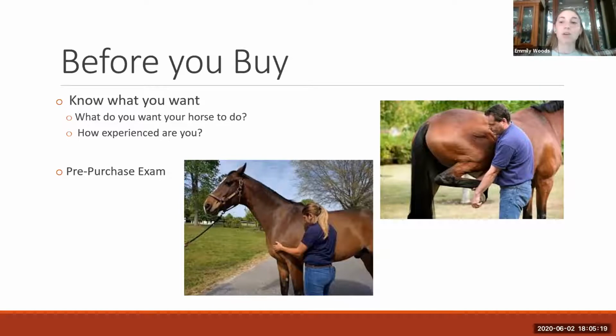Depending on what you're looking for, across the board, a pre-purchase exam is always a pretty good idea. What that's going to be is your vet's going to come out and you're just going to have them look all over that horse. They're going to palpate all over the horse. They're going to make sure that they're in good physical condition. They're going to lameness test the horse to make sure that they can perform correctly. So they're going to put the